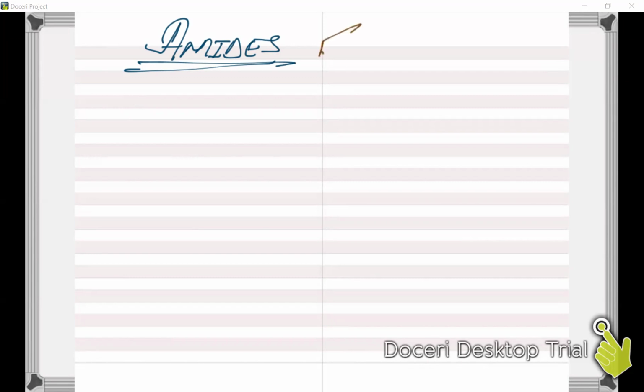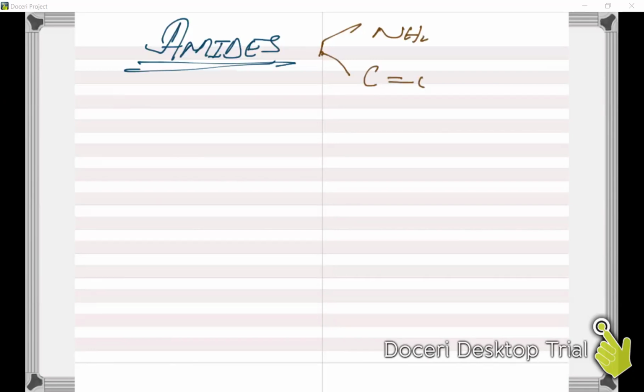All right, so now we'll be talking about the other function group in continuation of the introduction to organic chemistry, which are amides. Now, what are amides? They are basically the compounds that contain the amine group, but as well as the amine group, they do have a carbonyl group as well. So they got this amine group and they have this